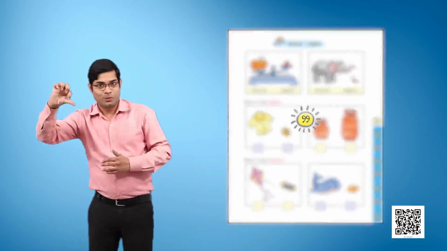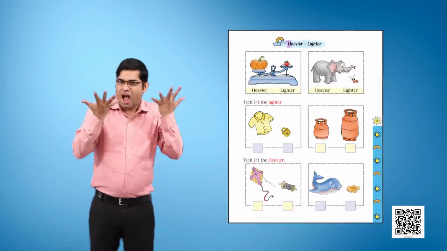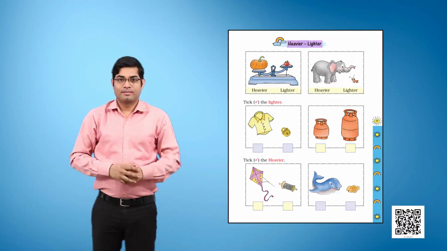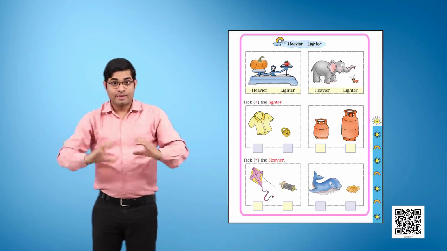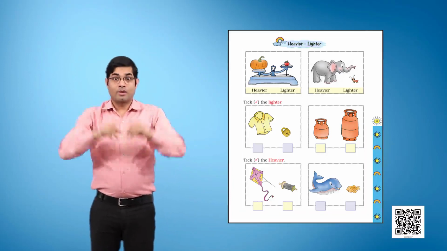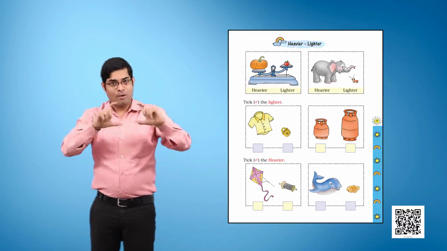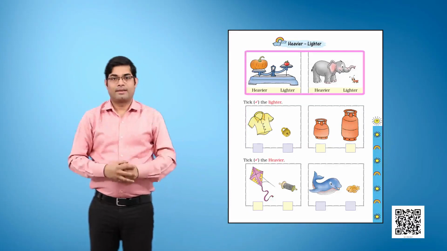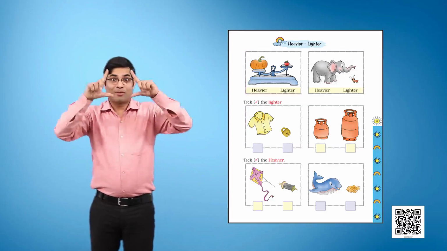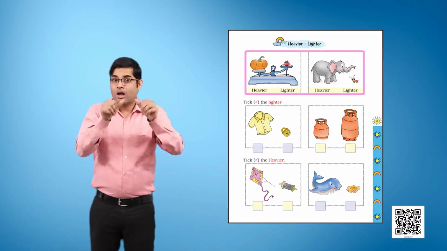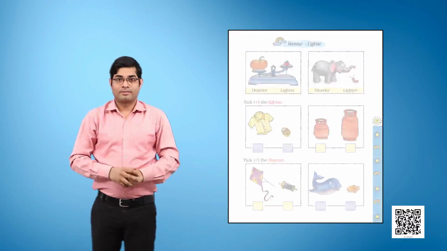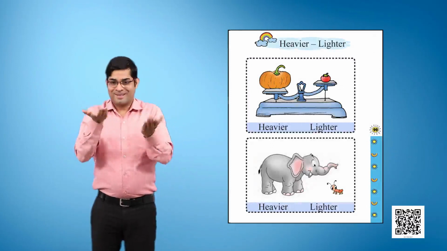Page 99. Heavier and lighter. This page is divided into 3 parts. Each part has 2 pictures and a question. Part 1 is solved as an example. Part 1, Picture 1